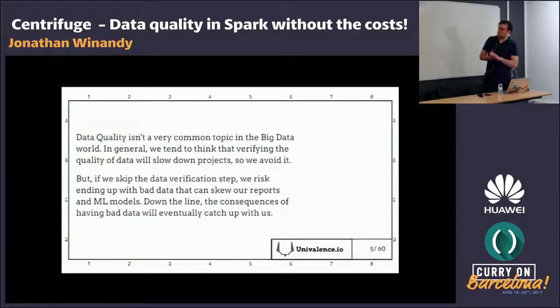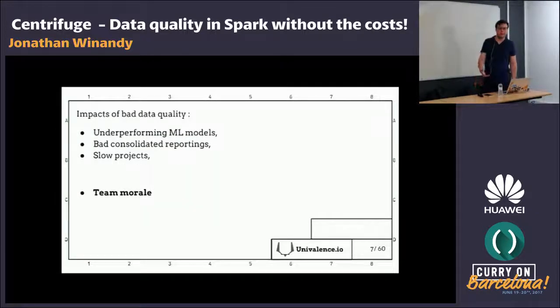So why data quality? If you run on bad data, you make bad predictions. It's also bad for any kind of business intelligence activities such as reporting, and it slows down projects. Some projects might be stuck in a QA phase where you need to assess the quality, but you cannot run the project in production because the numbers are not right. You can be stuck in this phase for weeks or months. The code is done, but the data produced is not okay, so we are not able to deliver.